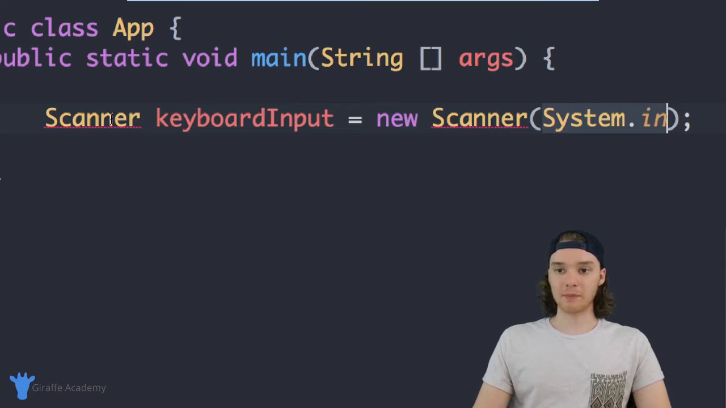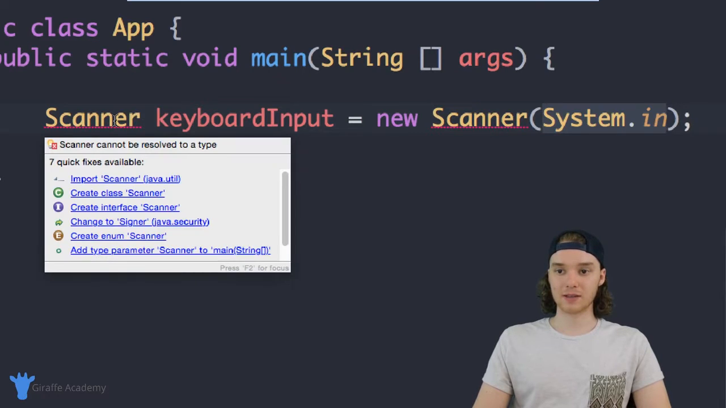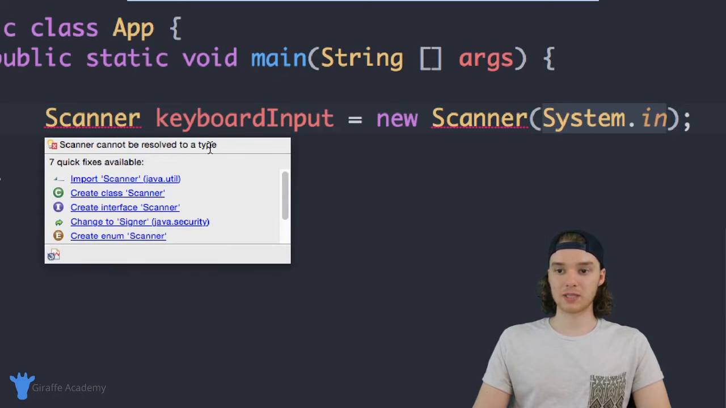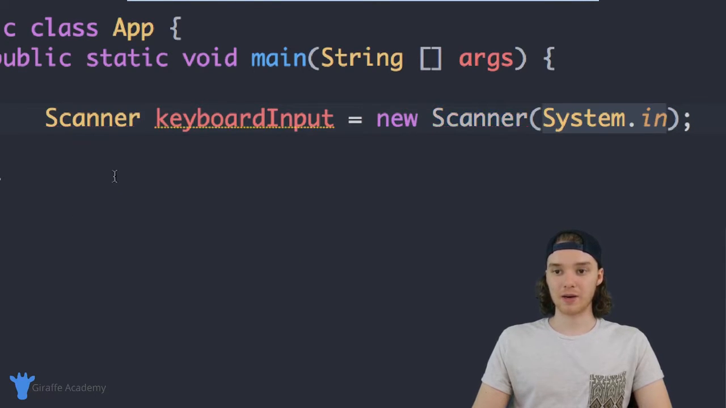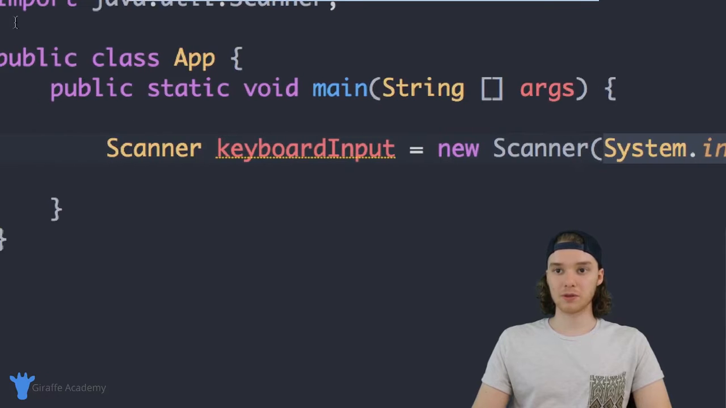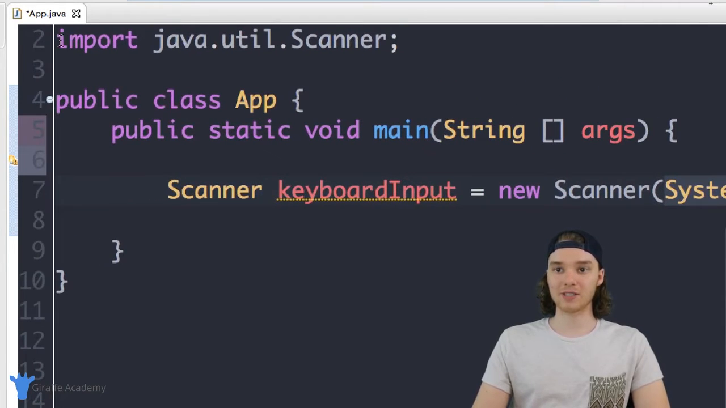Now, you'll notice here I'm getting these little red lines underneath this scanner, and it says scanner cannot be resolved to a type. And down here we have this little option. It says import scanner java.util. I'm just going to click this, and what you'll see is when I go up to the top of my file here, we have this new line. It says import